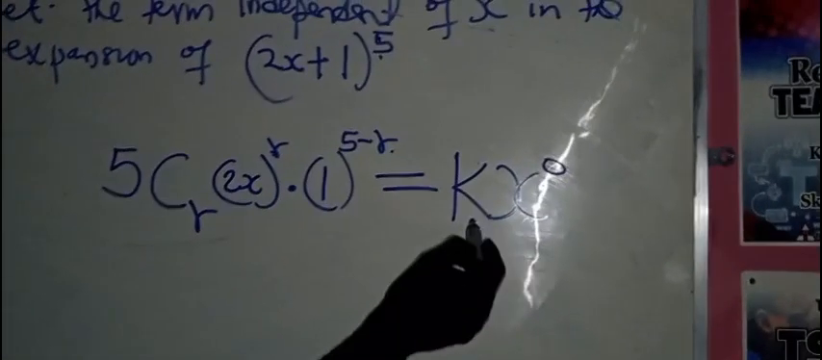Now, this must be equal to the term independent of x. Determine the term independent of x. That term must have a constant and must have x raised to power 0, independent of x. We put it there, okay? x raised to power 0 means x does not appear if we expand it. That's what you are going to use. So the meaning of this is 5